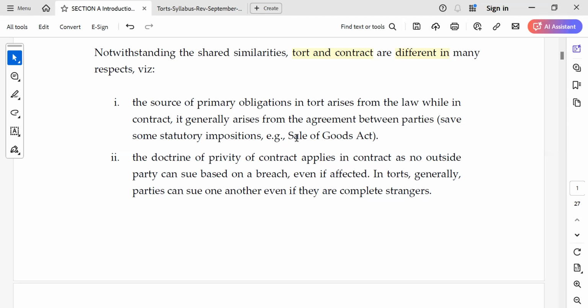you can say the primary obligations and secondary obligations. What are those? Primary obligations are the thing that says how to act. It's not the remedy, it's the act, how to act, right? What are my obligations? How am I supposed to act under this present situation? Now, that is coming from, in tort, it is coming from law, and in contract, it is coming from the agreement between parties. Whatever the law is, under that only, there will be some additional points that,